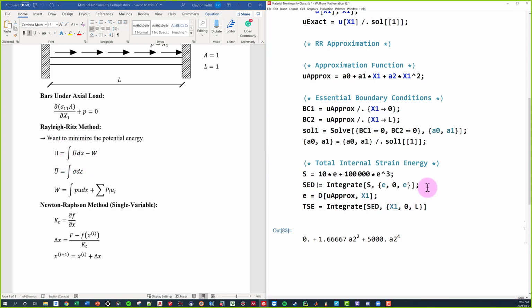And that first integral that we did up here, so this SED, that was this right here. So we have two different integrals. So hopefully that makes sense to you guys. Again, we're not actually going to explore what happens to these equations when the stresses become nonlinear. This portion right here, it's kind of more complex.